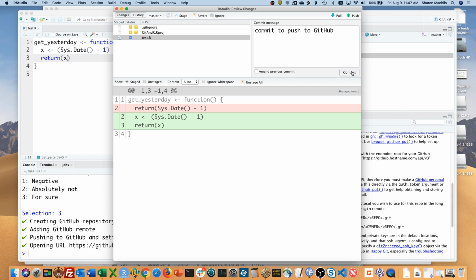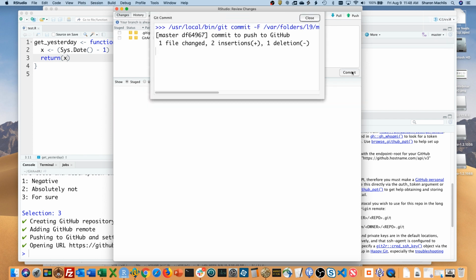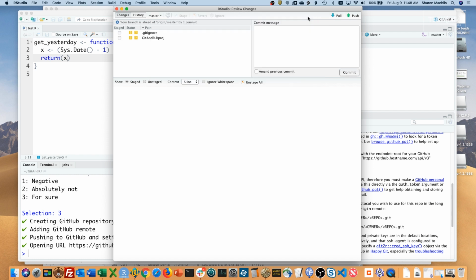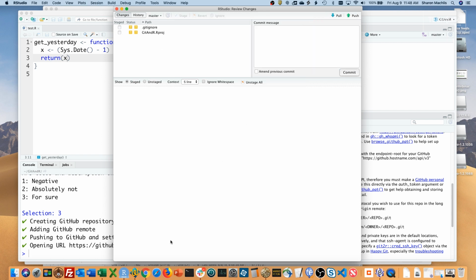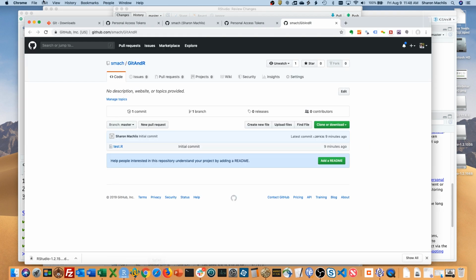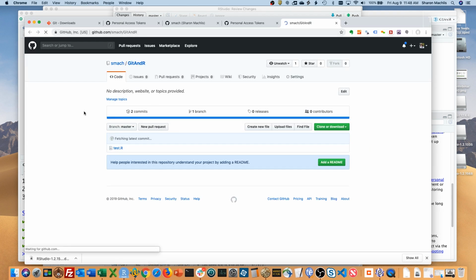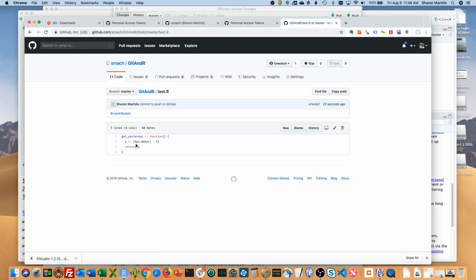Okay, I'm going to commit that. Close this dialog. Now if I'd like to sync it with GitHub, I just need to click the push button here at the top right. It says it's done. Now if I go back to my repo, refresh the page, and look at the file, it's got the changes.